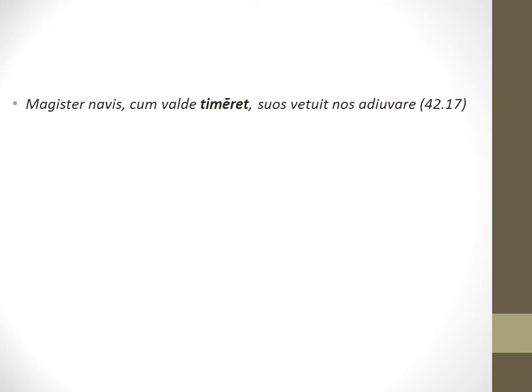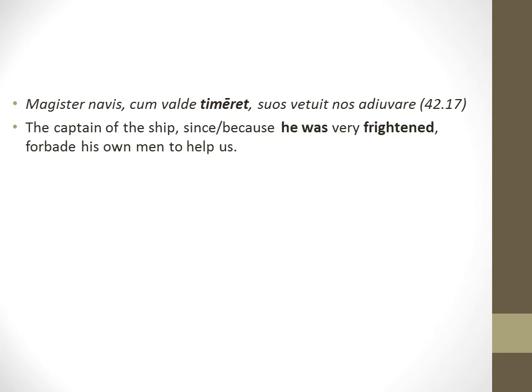So let's look at a couple sentences here that feature subjunctive verbs and break them down a little bit to see how they work. So here's one. It's from chapter 42. Magister navis cum valde timeret suos vetuit nos adiuvare. The translation: the captain of the ship, since or because he was very frightened, forbade his own men to help us. So the verb in bold there, timeret, is a subjunctive verb, and you can see it's translated he was